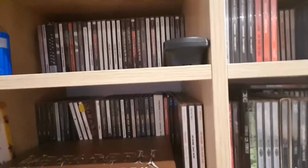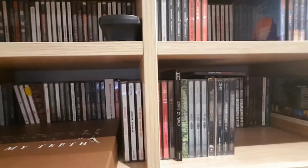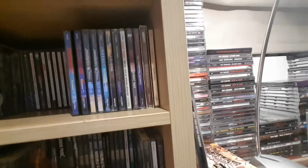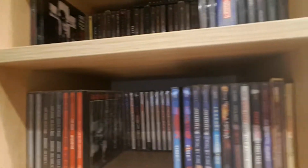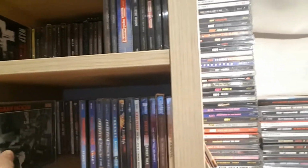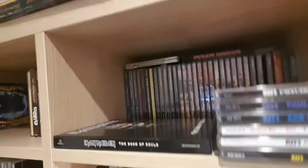AC/DC, Pat Benatar, Europe and Heart in there. Enough's Enough, and yeah, it's all Enough's Enough in there. Bryan Adams in there, Goo Goo Dolls, Paramore, Lou Gramm and Foreigner, and Him, Pantera, Stone Sour, Linkin Park, Journey there, Gary Moore, Steve Perry, yeah, there's Gary Moore there, Queensryche, Wasp, and that's Iron Maiden all in there, except from just these Kiss ones